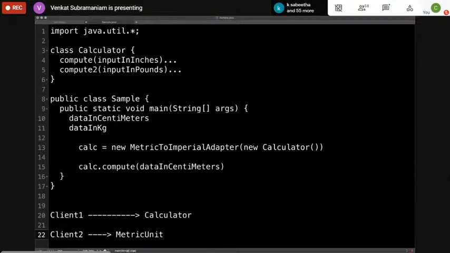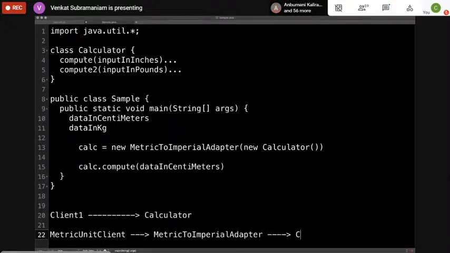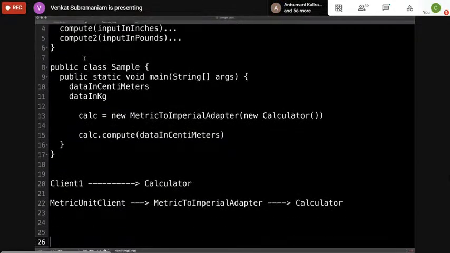So it's going to use a metric unit client. That's what the client really is. So what do I do with this? We'll call it metric unit client, that becomes easier. So this metric unit client talks to a metric to imperial adapter, which then talks to a calculator after that. So that becomes an adapter pattern.